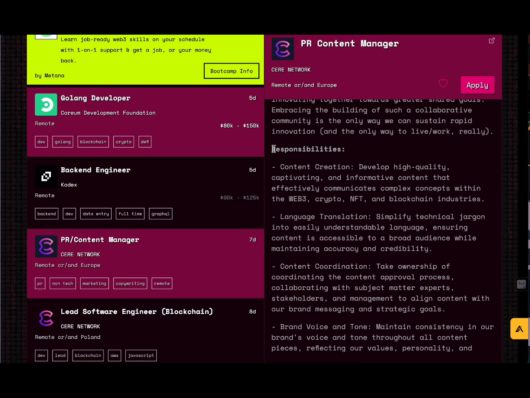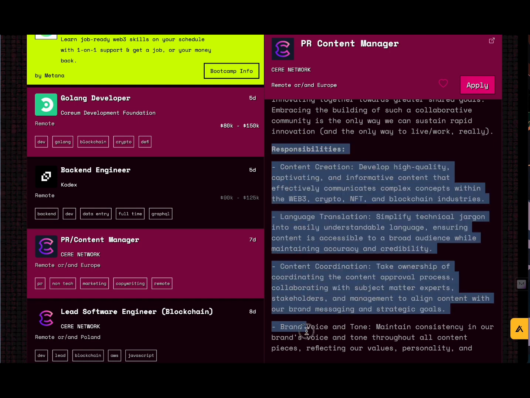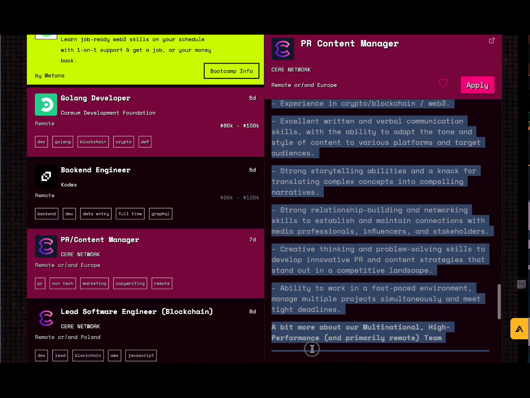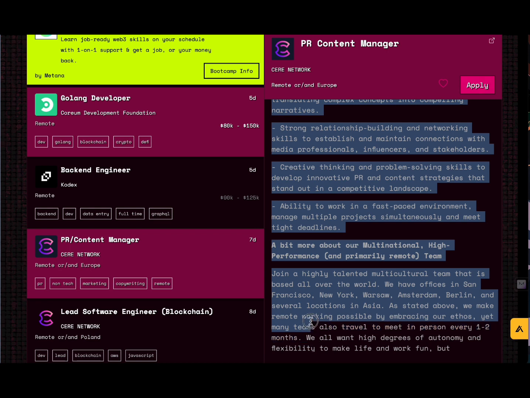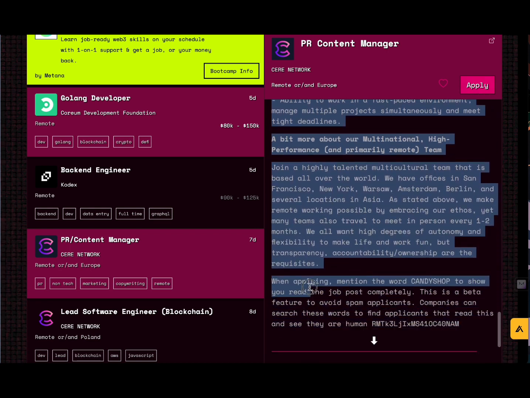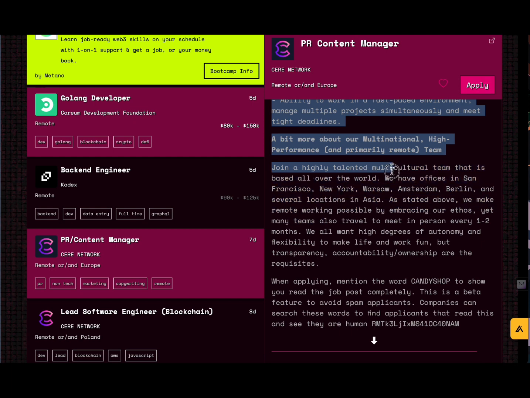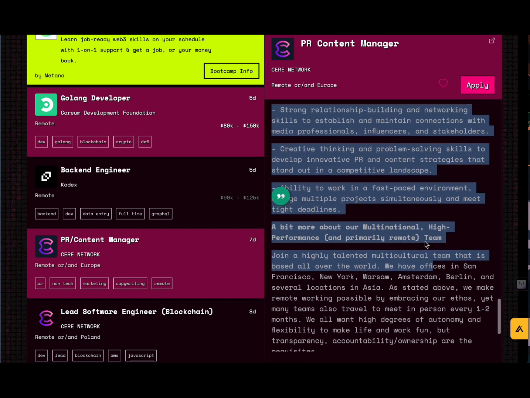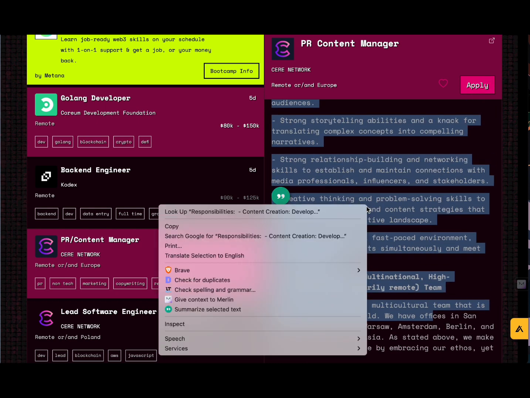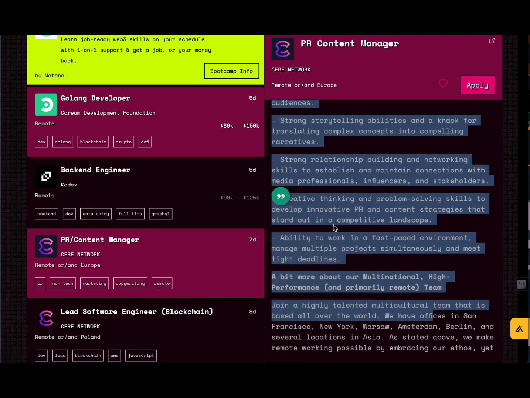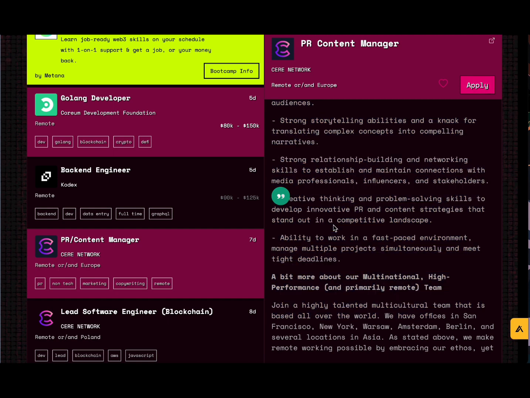Copy that information and keep it on the side. Look at what role exactly you want to apply for. Then you go to ChatGPT, that is the mobile app for iOS or Android, or you go to the website, chat.openai.com. So now that you've copied these responsibilities and kept them, when you go to the website,